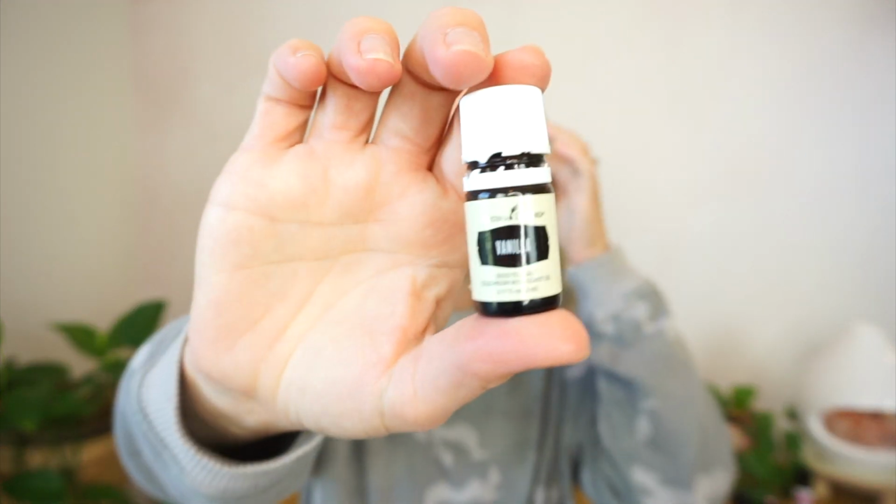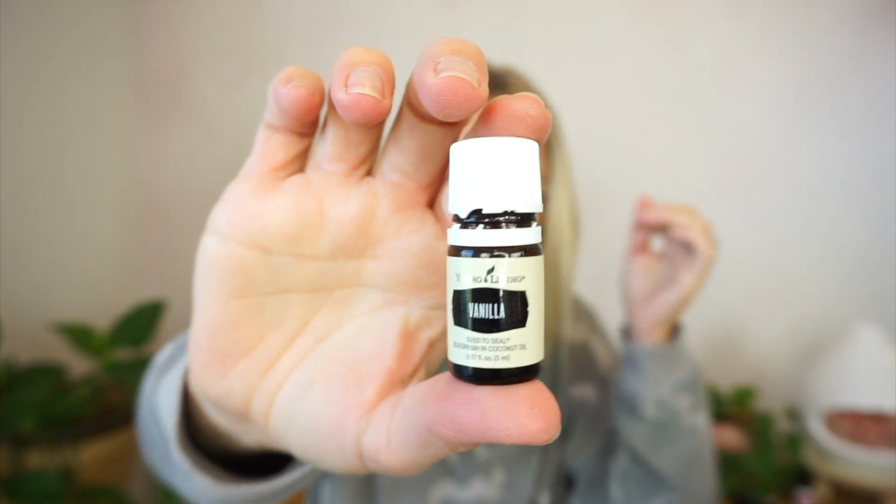Pricing is next, and these are all going to be oleoresin unless I specify. Plant Therapy 10 ml $16.49, Eden's Garden 5 ml $14.95. They also have a CO2 vanilla, and 5 ml is $147.95. Young Living, which I do have and I can show you, this is their 5 ml bottle, which is